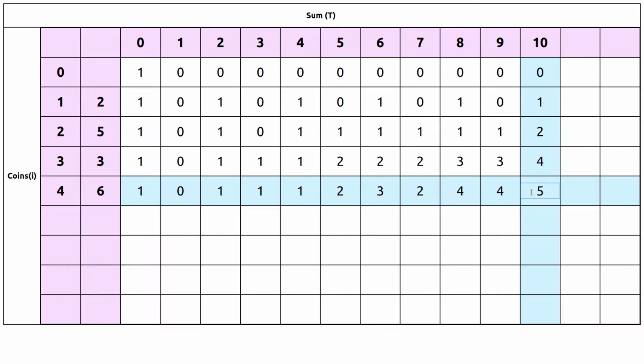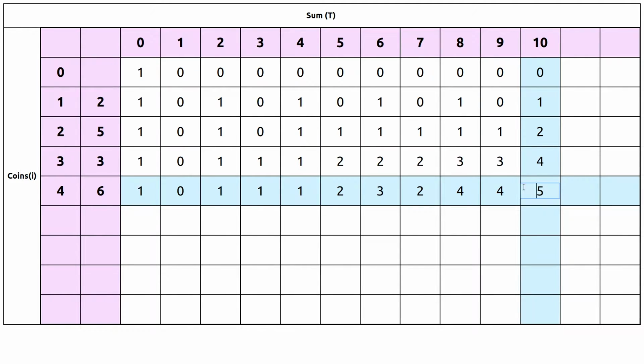Now here, when we are considering every cell, the two choices that we need to consider are: should we include the current item or should we exclude the current item and move on. If we can include the current item, then we explore that inclusion choice, and after that we explore the exclusion choice. Both the choices. So here in the current cell, the total sum is 10. Now to get a sum of 10 and considering the coin 6, by including coin 6, can we sum up to value 10 or not?